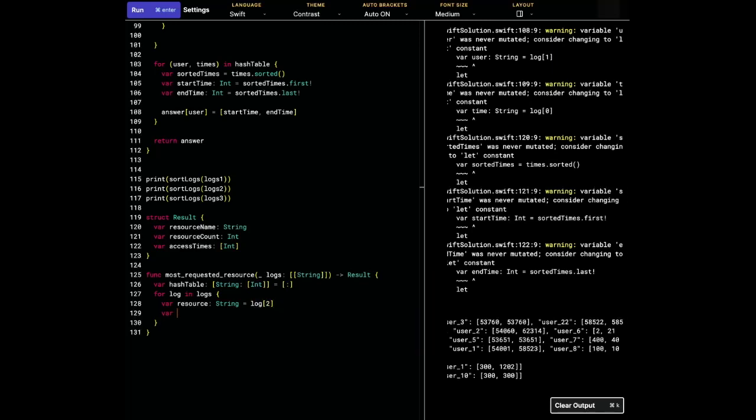Then var time is log0, correct? Okay. And then hash table at a specific resource, append integer of the time we want. So we cast it, it turns into an optional, so we need to unwrap it. Else